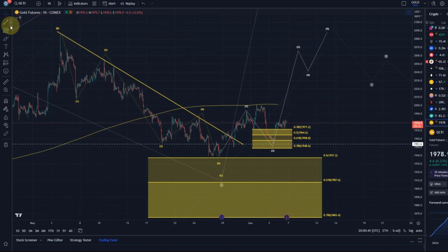What would be the target for the 3rd wave? So first of all, this is, as you've realized, probably a bullish count. As long as we're now holding the 1953 level, which is the 5th of June low, we can focus on higher. Important would be now for price to,